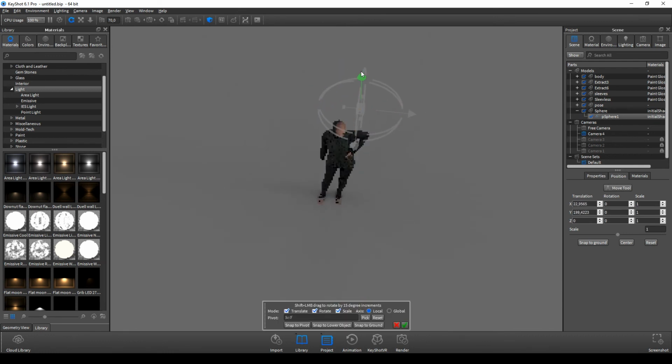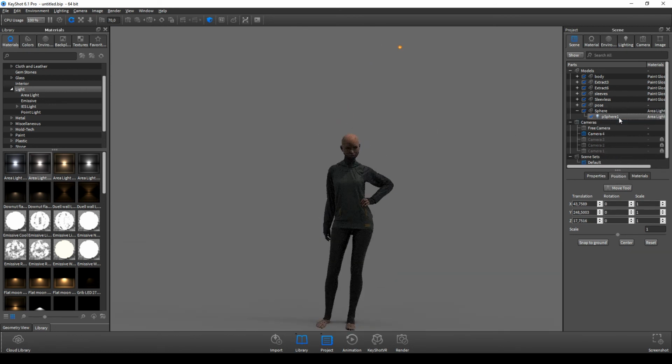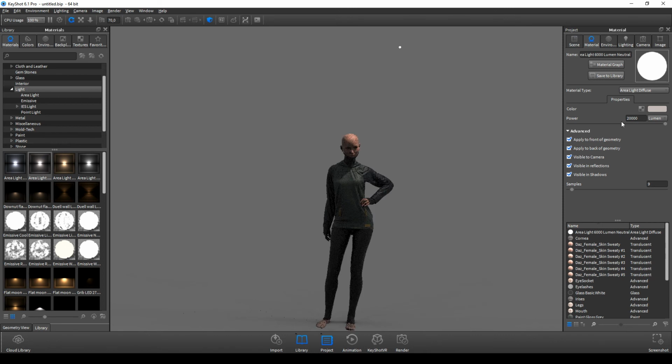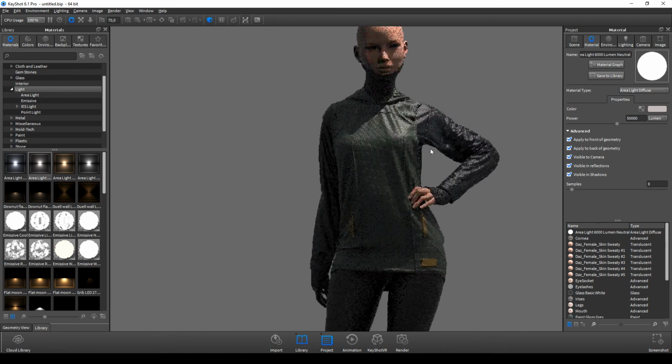I usually go for 3, maybe 4 light sources, and I go pretty top heavy, just go for something that's directly above it, give it a material and just add some power with the slider. This is clearly not enough, so let's say 50,000. This is pretty strong, especially if we keep on adding more to it,